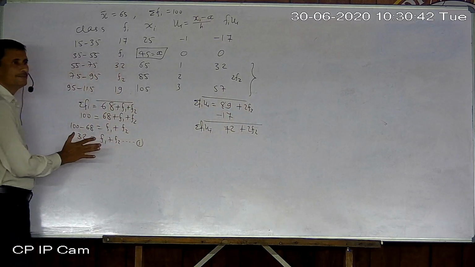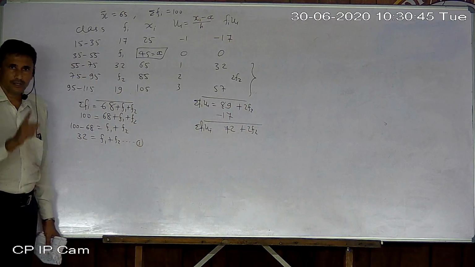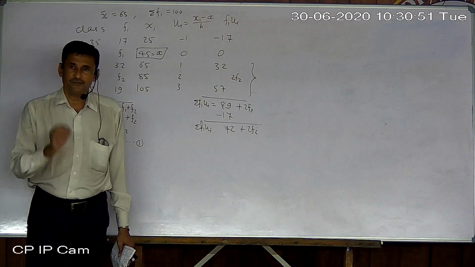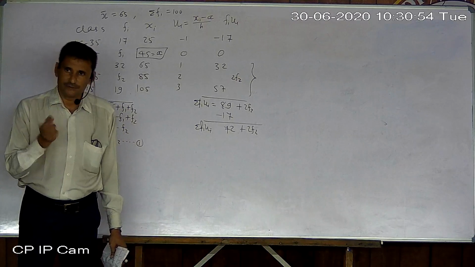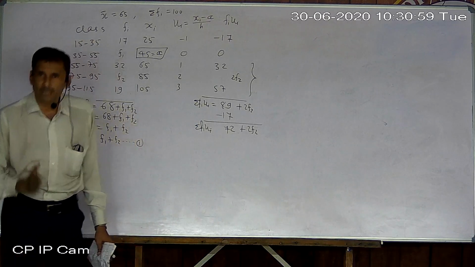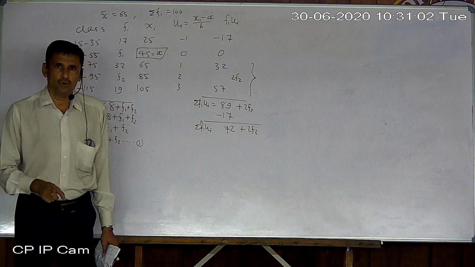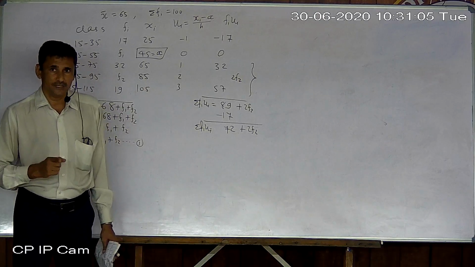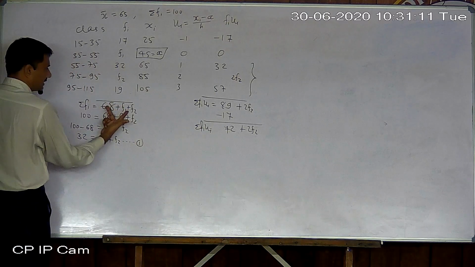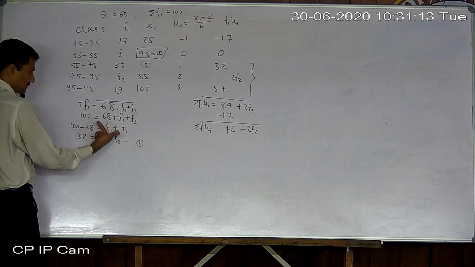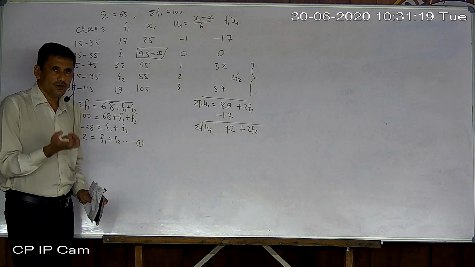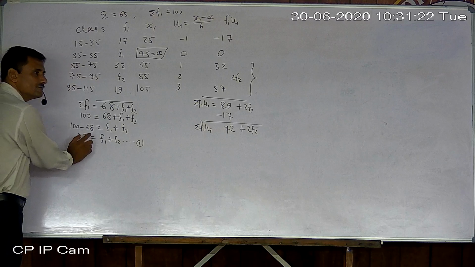Now another thing, compare given sigma Fi and counted sigma Fi. Whenever two frequencies are missing and sigma Fi is given, at that time, always, whether it is the mean, median or mode, you always equalize the given sigma Fi and the counted sigma Fi. So I calculated as well as given, both equalize. So we got f1 plus f2 equal to 30.